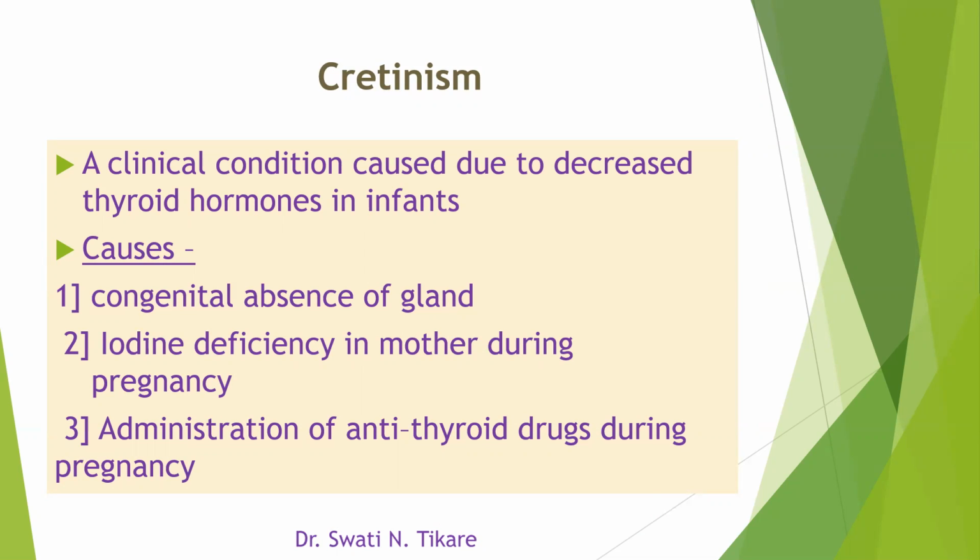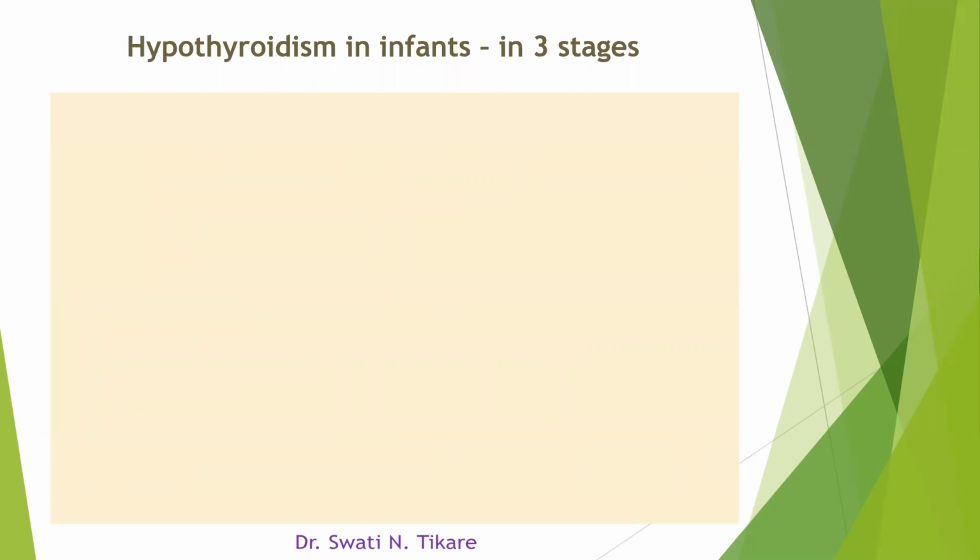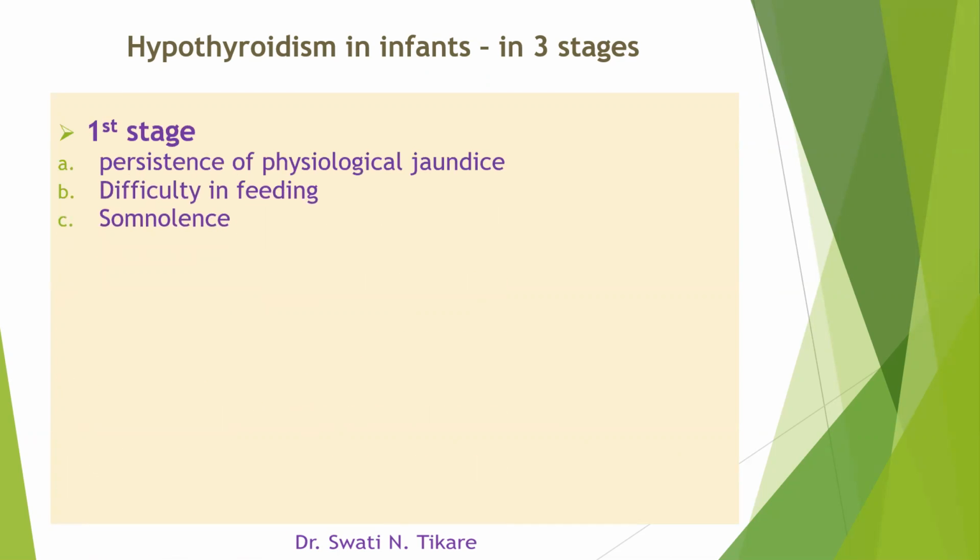and the child may present with cretinism. Okay, so these are the causes of cretinism. As I was telling you, thyroid hormones are essential hormones required from in utero for the growth and development of the fetus. So if there is a deficiency in that state, the problem begins there itself. Okay, let's learn from that place.